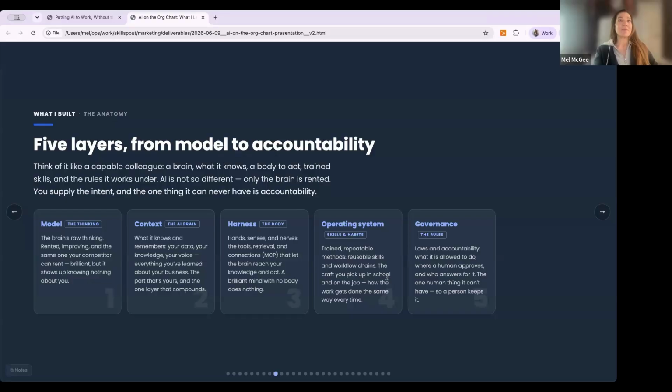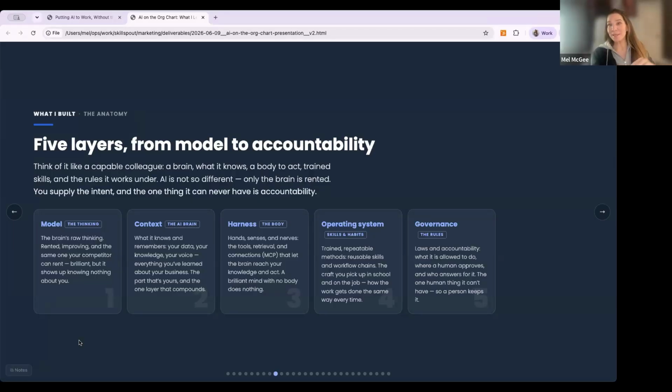There are 5 layers. People are starting to say AI brain, and we're going to talk about this in a second, but my system has 5 layers, and most agentic systems have, or should have, in my opinion, 5 layers. You have the model. The model is what you're familiar with.